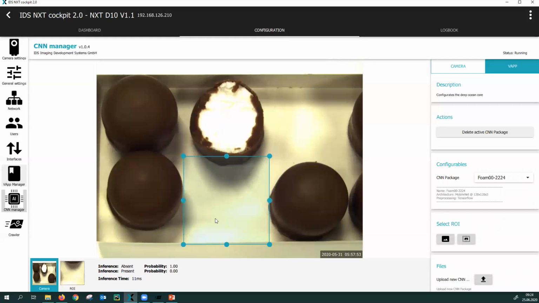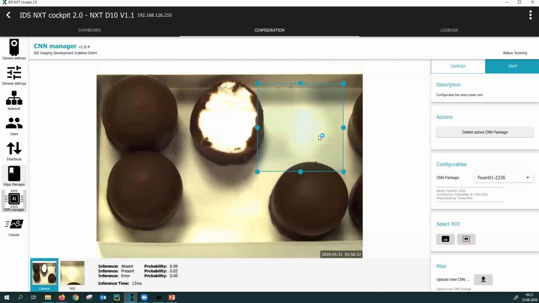So this is the first network, the presence-absence measurement. You can see that there is no foam kiss evident down here. And when I switch over here, it's clearly present. When I go up here, it's absent again. Good. So now, of course, this problem can also be easily solved with a simple histogram approach, maybe. But I hope that I could show you that it's really easy and simple. It doesn't require any programming effort to get to this kind of application with neural networks.